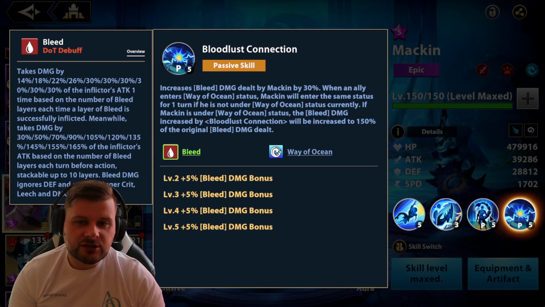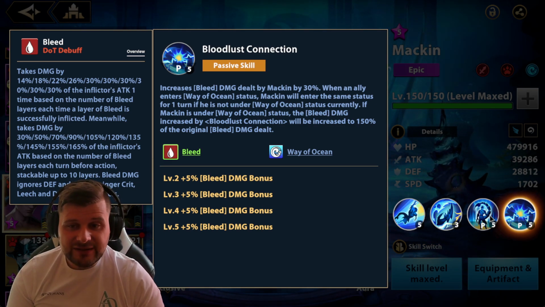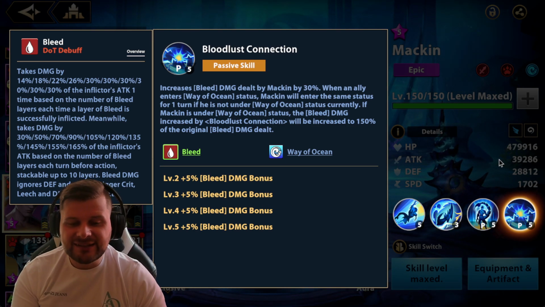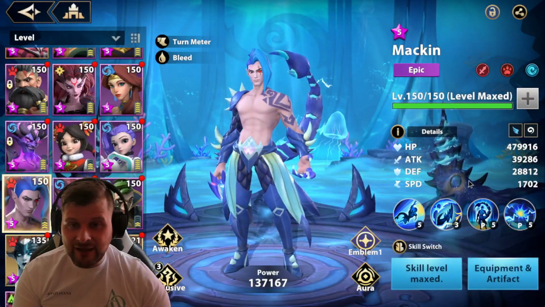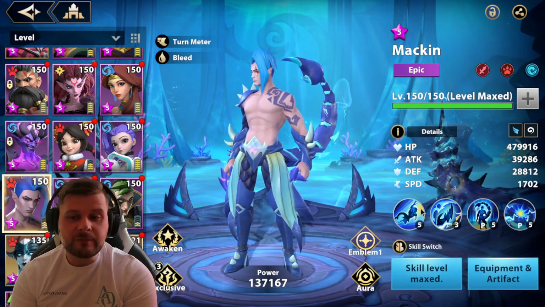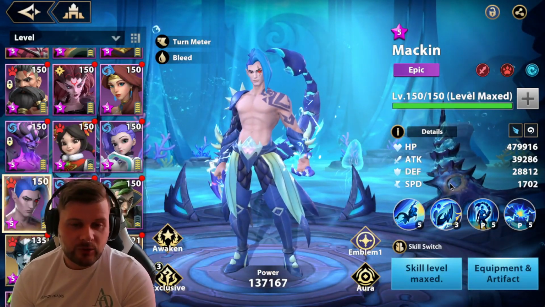If Mackin is under Wear the Ocean status, the bleed damage increased by Bloodlust Connection will be increased to 150% of the original bleed damage dealt. I can't test him with that, but the extra damage that will bring, especially in Faction Abyss, will be huge. So if you are pairing them up with, say, Ikina,